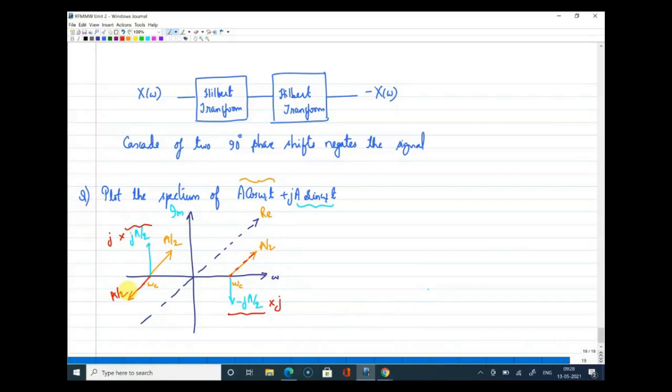So at minus omega c, those components will get cancelled, and at omega c those components will get added up, and your result will be, at omega c you will have a real component of value a. So at omega c you will be adding those two amplitudes to get a value of